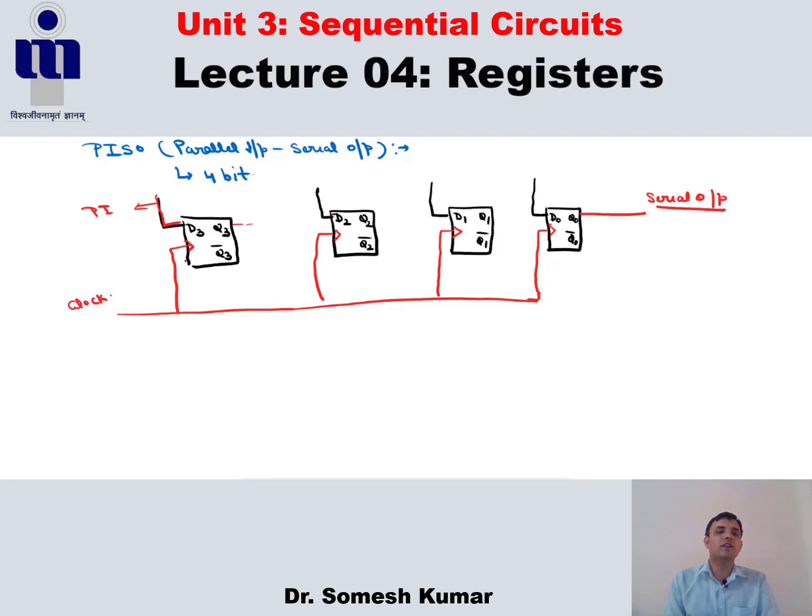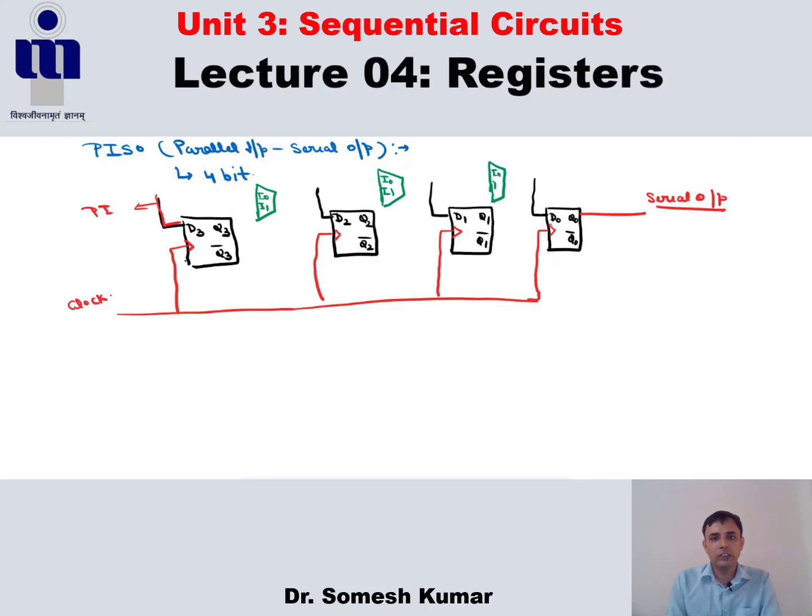So in that case we need one extra circuitry, that is, the mux is needed here in this parallel input serial output. So that select line will decide whether an input operation or the shift operation is performed. Now this is a two input mux. This is I0, this is I1. Similarly, here is a two input mux, I0, I1. Similarly, I will connect it for the 4-bit.